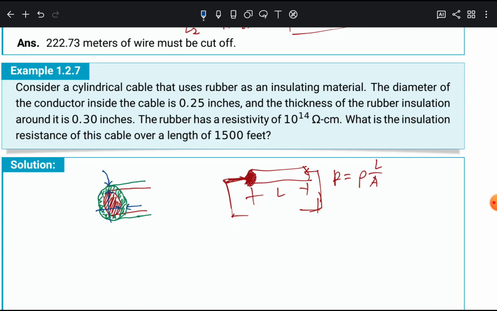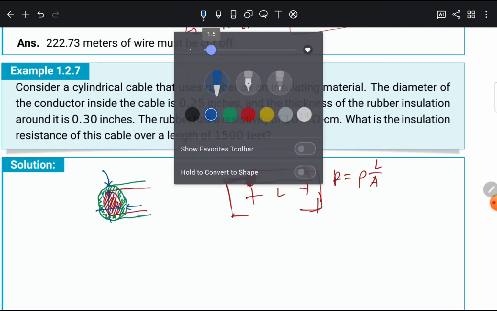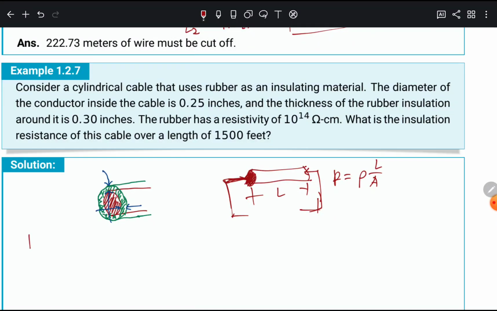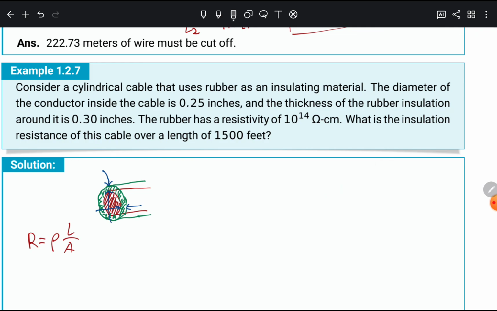So now if we look at that orientation, if we apply again that formula, it's still applicable. R is equal to rho L over area. What will be the L and what will be the area? So the orientation will be changed because we're solving for the resistance of the insulation, not the conductor. Remember, not the conductor. So if we cut the insulation and make it a thin sheet,